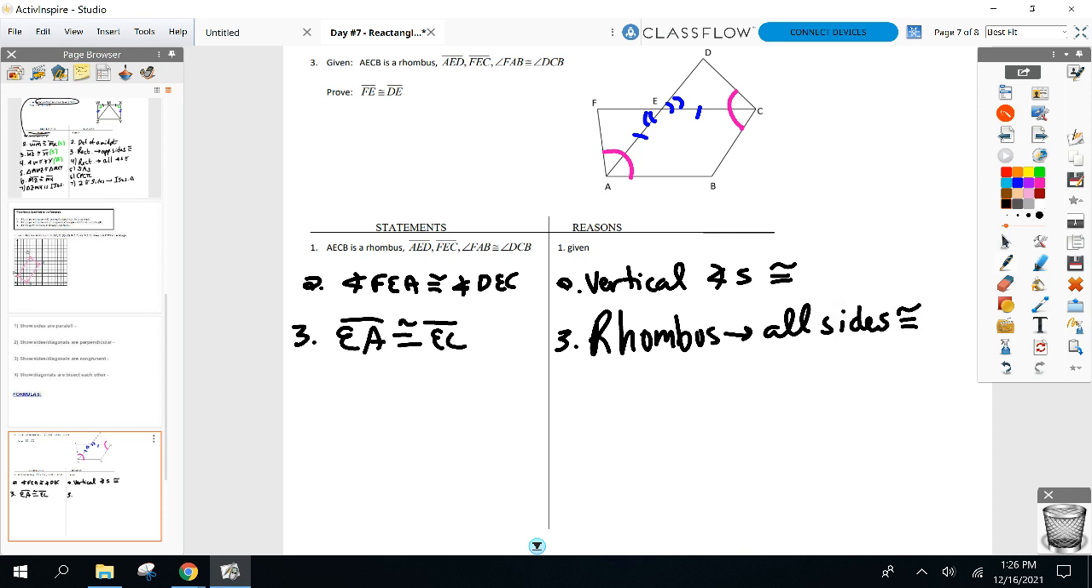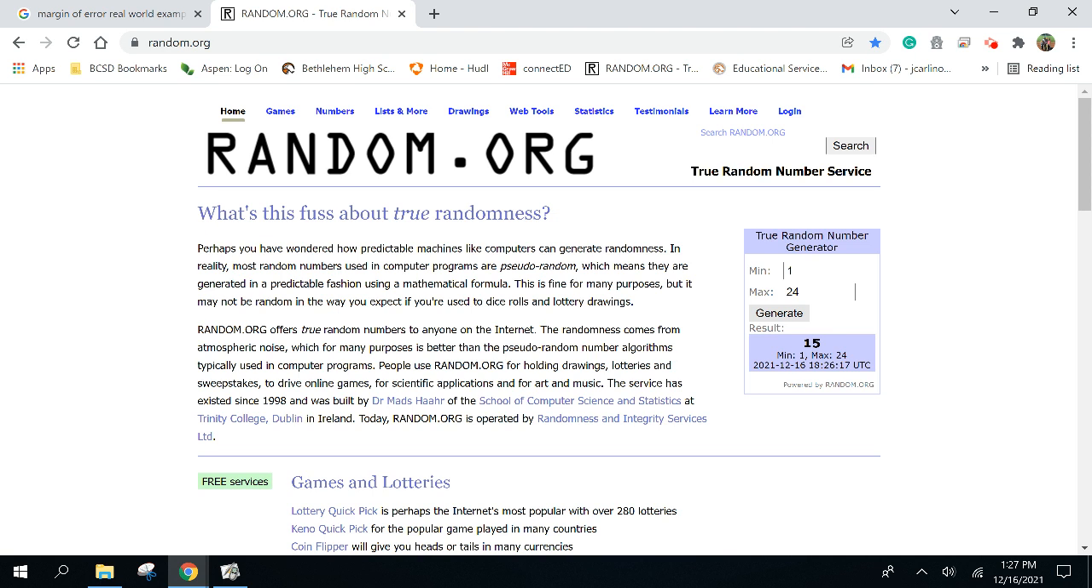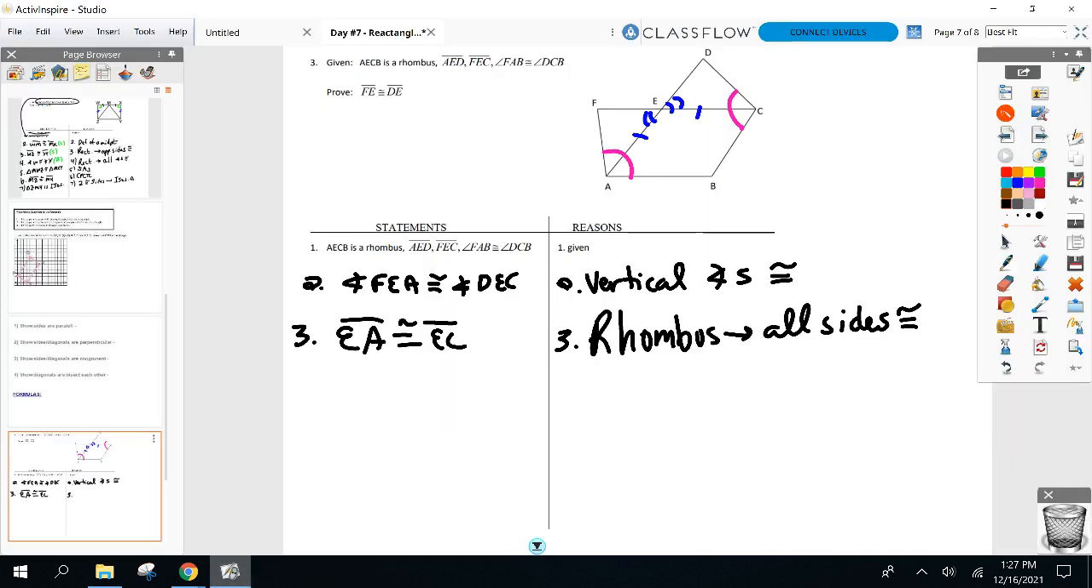Good work. So I got a pair of angles. I got a pair of sides. Need one more pair. And we haven't even sniffed the givens yet, have we? We haven't even mentioned the fact why they gave me angle FAB congruent to angle DCB. Hopefully we will now. Another rhombus property we could possibly use for